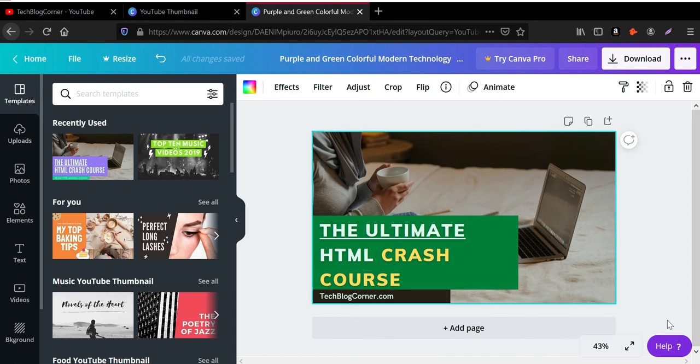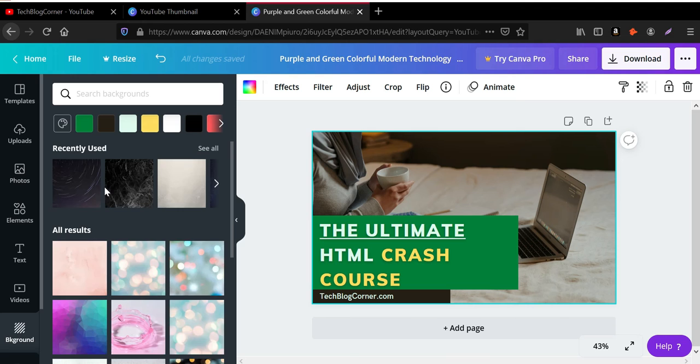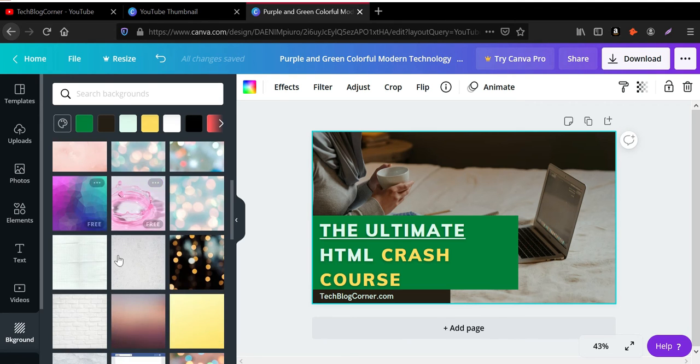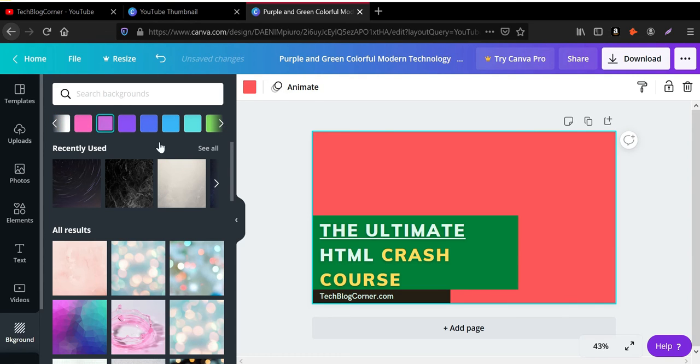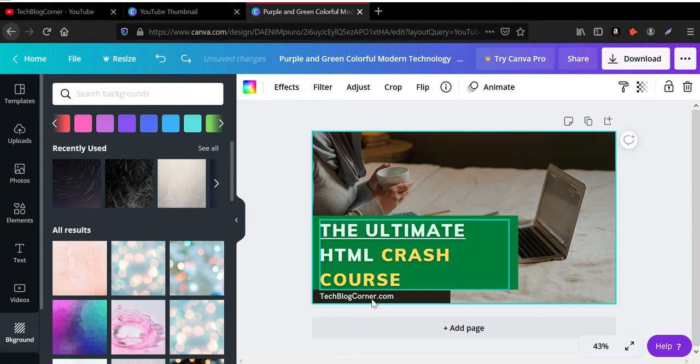If you want to change the background of the image or thumbnail, just click on the particular section and go back to the left panel sidebar and click on background. You will see plenty of gradient options, plain color options. You can choose any one you want. For example, I used pink. Then you will see this is embedded over the image as a background. Now if you don't like this, you can use the undo button on the top left. It will remove whatever we have done.